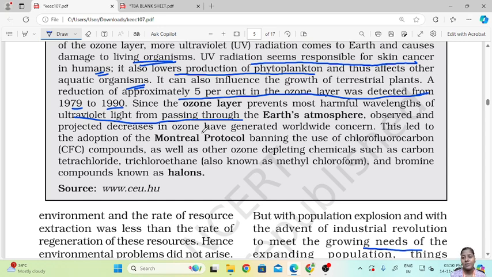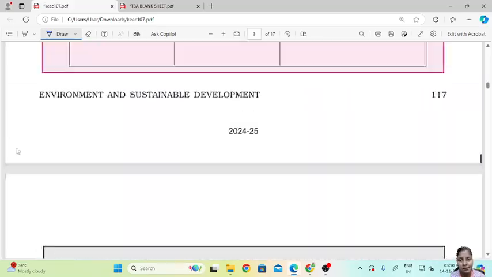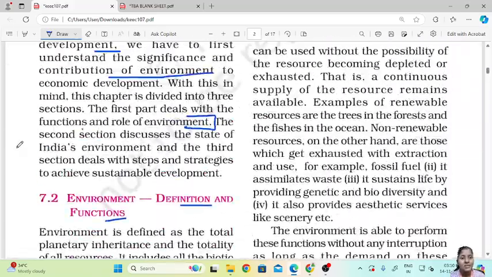So this is all with regard to part 1 of environment and sustainable development. For the next class, we'll see about the